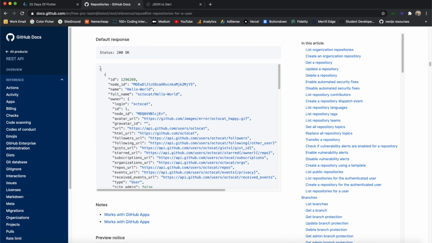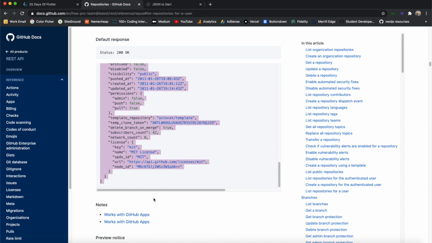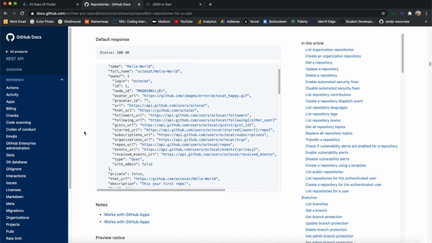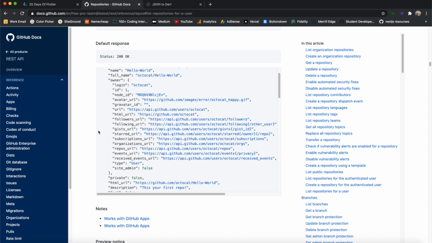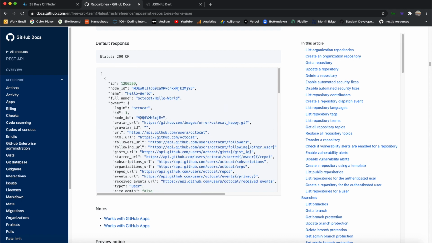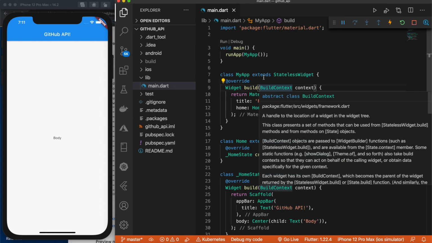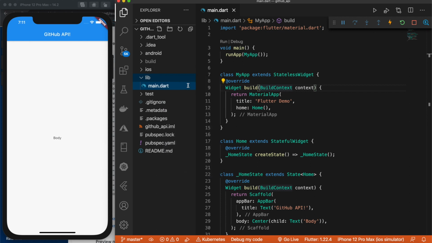This is the default response, all of this. So I've gone through and I picked out 4 items that we're going to focus in on. The HTML URL is one, the name is another, and there are 2 more. So the first thing we need to do is we need to create a Dart class for this response. So let me go ahead and create a models folder, and I'll create a new file called